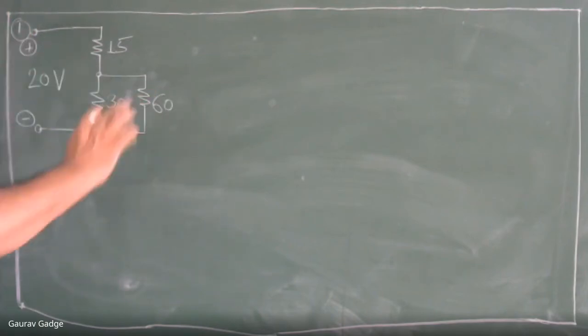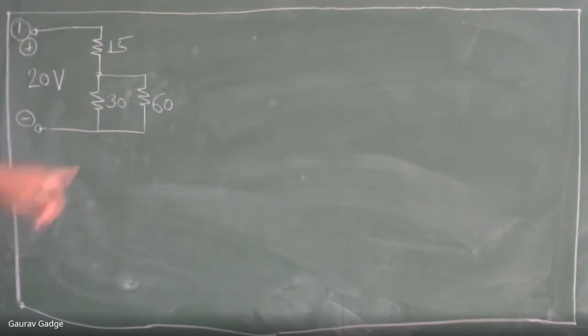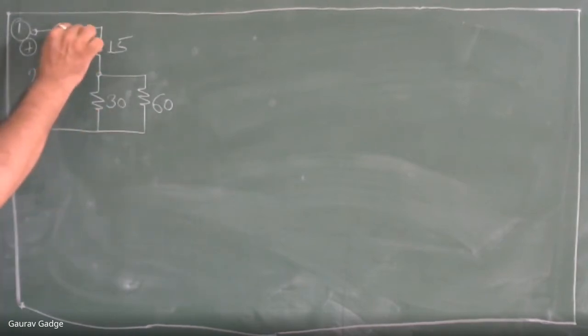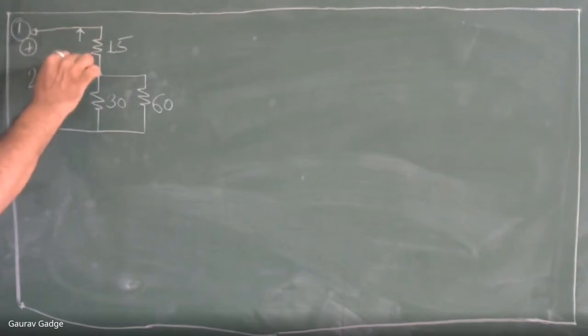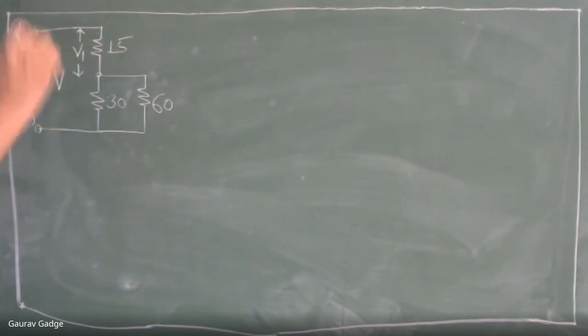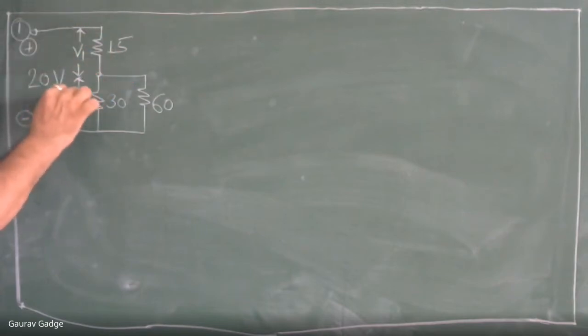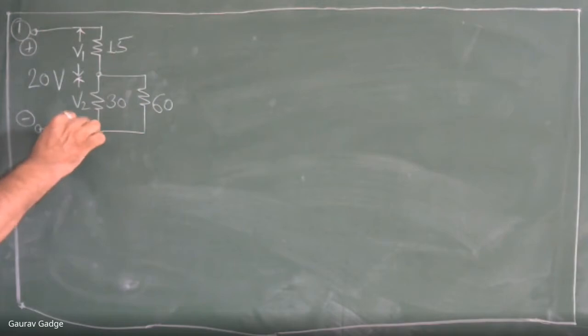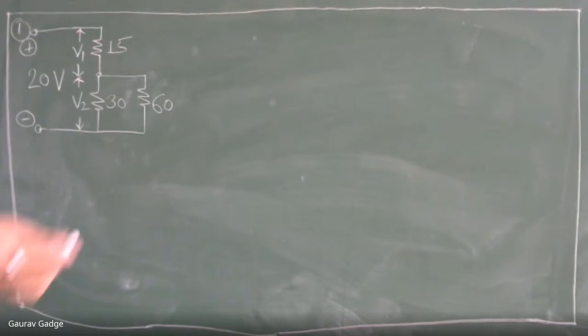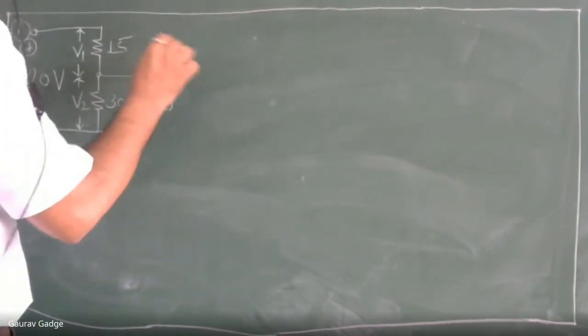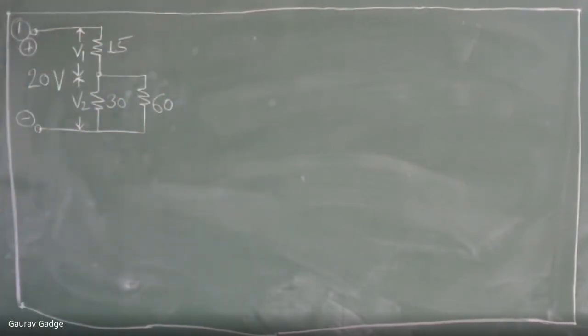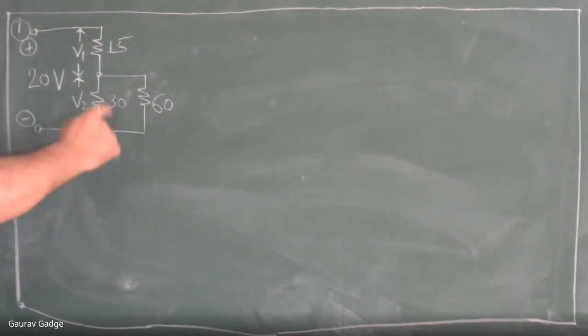or even we can say that voltage across 60 ohm. I just named these voltages. V1 is the voltage across 15 ohm and V2 is the voltage across 30 or 60 ohm that we have to find out. Now, for getting the value of V1, what will you do? Again, the formula will be same. V1 is equal to, right, V into R1 upon R1 plus R2. But here there are two resistances and both are connected in parallel.